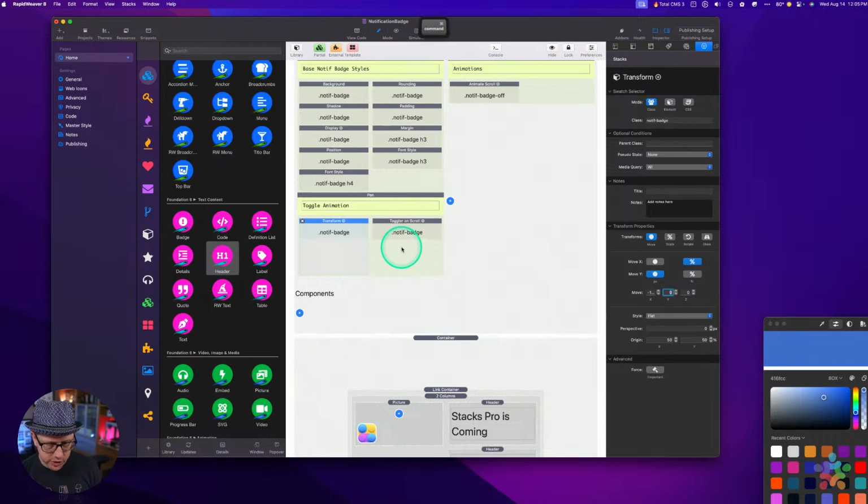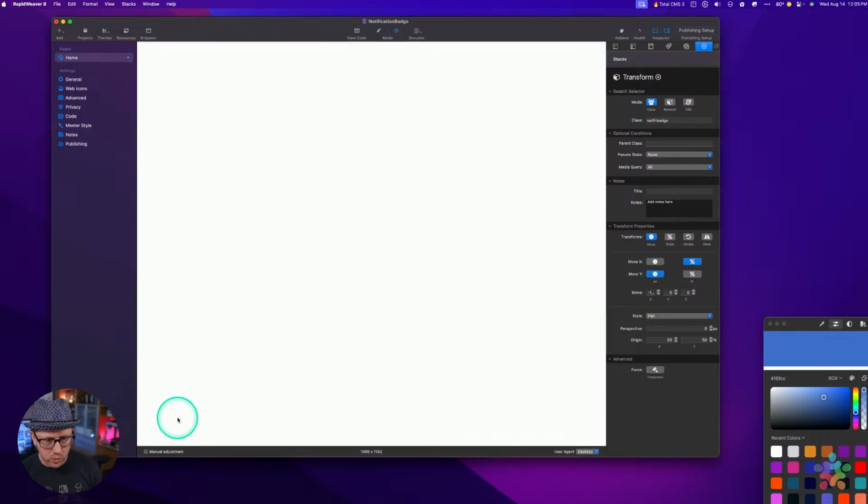Okay. Let's try that. So now we can't see it. I haven't turned on the animation yet, but right now it's completely off the screen. It's actually over here somewhere. Because I transitioned it by 150% of the size of the badge itself, just to ensure that it's completely